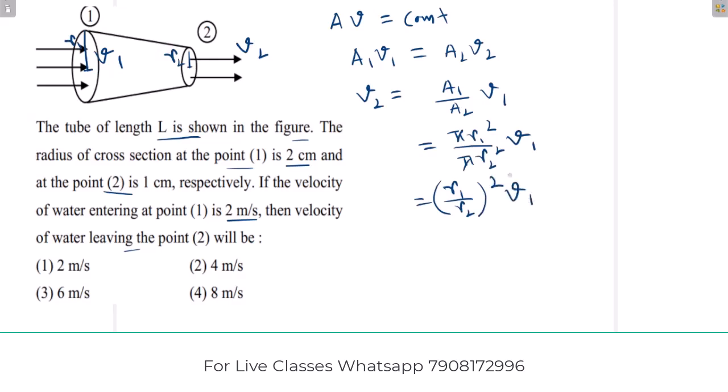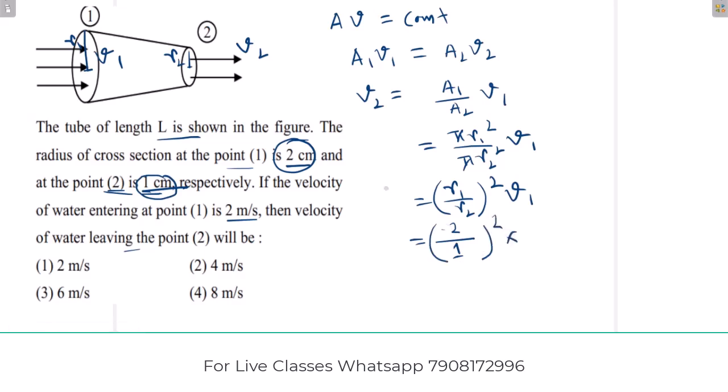Now put the value of R1 and R2. The value of R1 is 2 centimeter, and the value of R2 is 1 centimeter. Sorry, the value at point 1 is 2, yes, and the point at 2, that is R2, is 1 centimeter. So R1 is 2 and R2 is 1, so 2 by 1 whole square